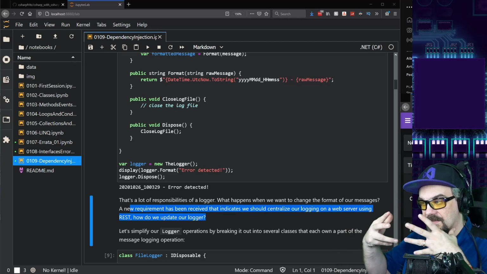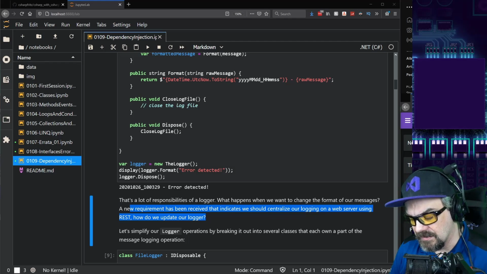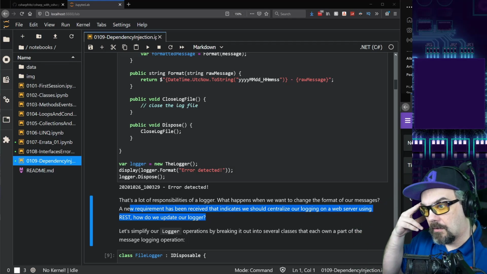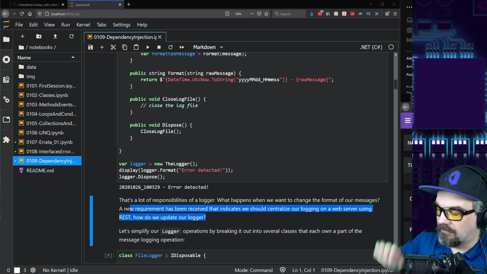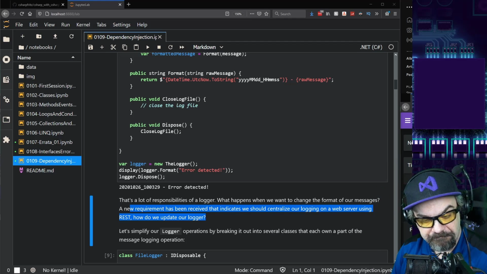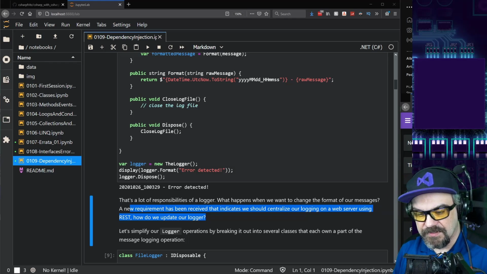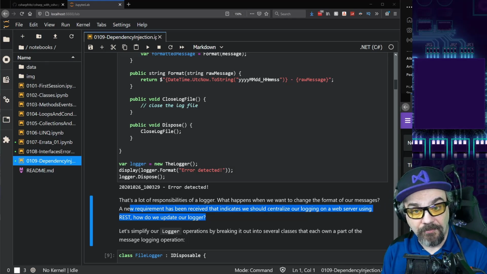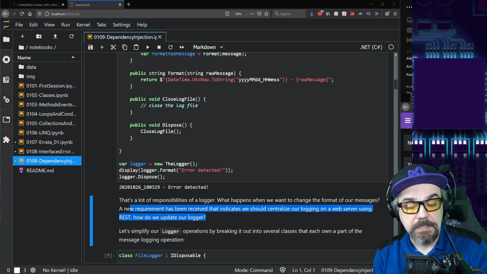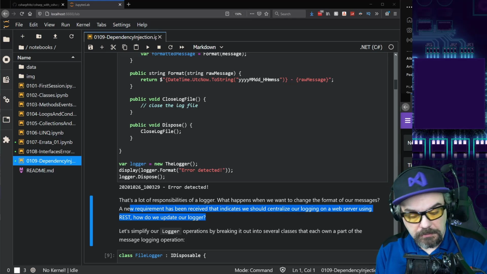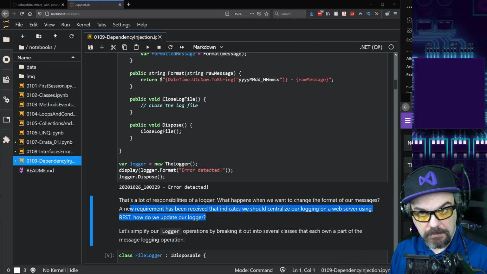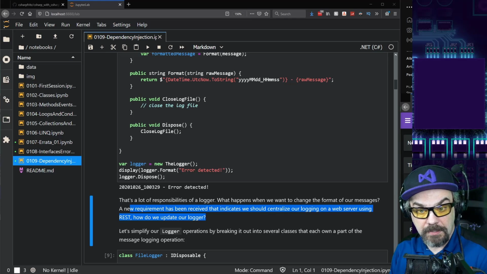We want to be able to centralize all of our log messages. We're going to want to change that interaction. Well, now I've got to completely rewrite this entire class. The single responsibility principle says, well, let's break that out, because these are in fact different responsibilities of the log operation. Let's put those responsibilities into different classes, and we can put those classes then into different files, so that